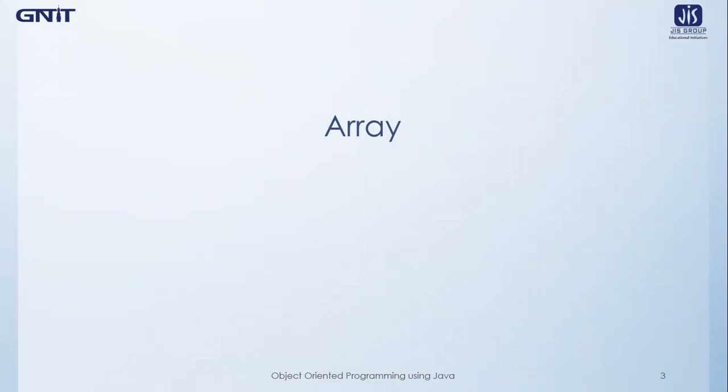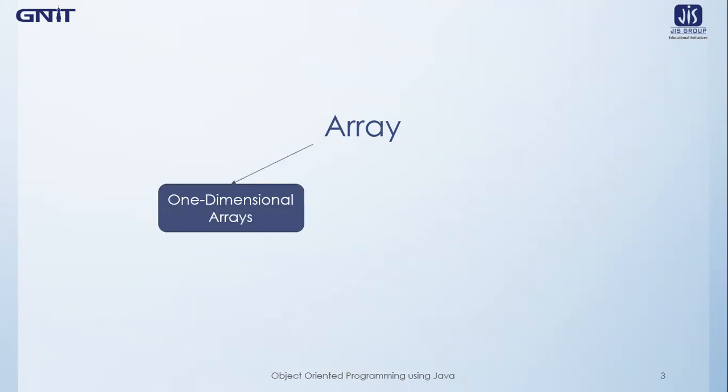Now, if you want to learn arrays, you have to learn two types of arrays, which are one-dimensional arrays and multi-dimensional arrays. You have already learned about one-dimensional and multi-dimensional arrays in C or C++ languages. Today you will be seeing how the same concepts are applied in Java language. So let's first learn about one-dimensional arrays. A one-dimensional array is essentially a list of same type variables.